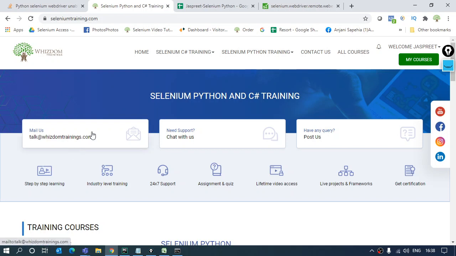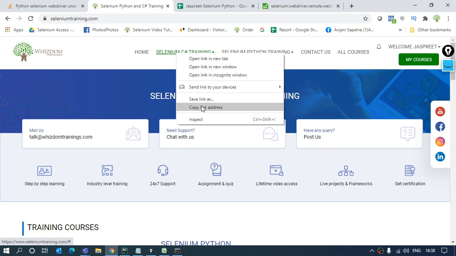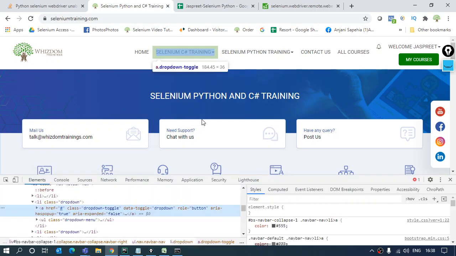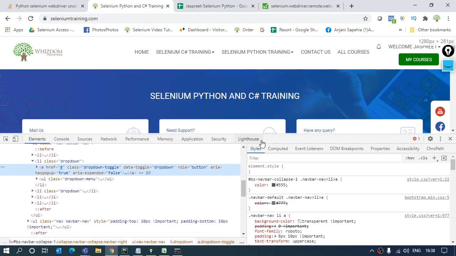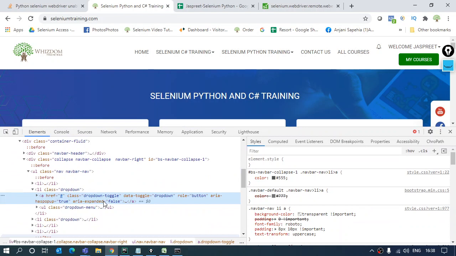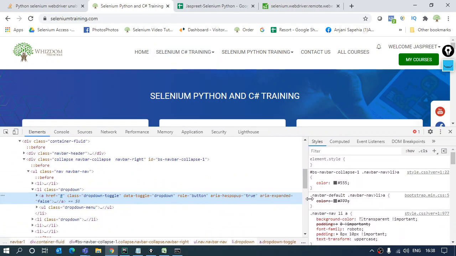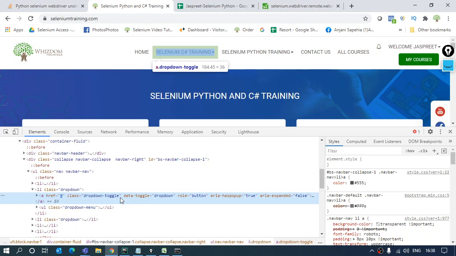Instead, whichever element I want to interact with, I'll just go over that element and right click on that. Again, I get the option of inspect. I'll click on this inspect, and what I'll have is, again, the page source only. This is also the page source. Just that it's the inspecting screen, and for whichever element I have inspected, it will highlight the particular tag, what the identification of that element is, what's the name given to it, what's the class given to it. Likewise, every detail is going to be highlighted like this.